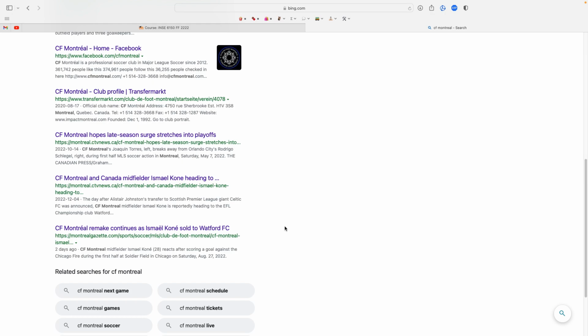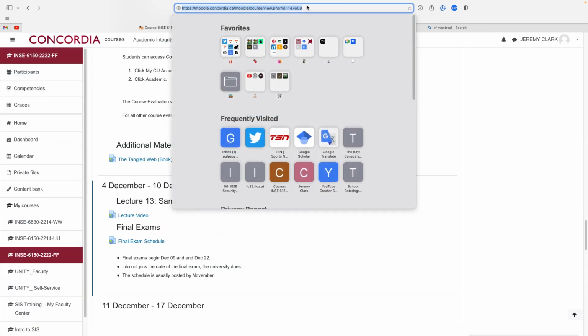Okay, now if I copied this URL and sent it to you in an email, and you clicked on the URL, it's not going to say, oh, they didn't search for CF Montreal, I don't have a history of this person ever searching. It'll just say, okay, they want to see search term CF Montreal, page 4 of results, and it will take you directly there. So everything is contained in the URL, and all it does is look at the URL and send you the information. It doesn't remember anything about where you were, or how you got to that URL. So that's an example of a RESTful API.